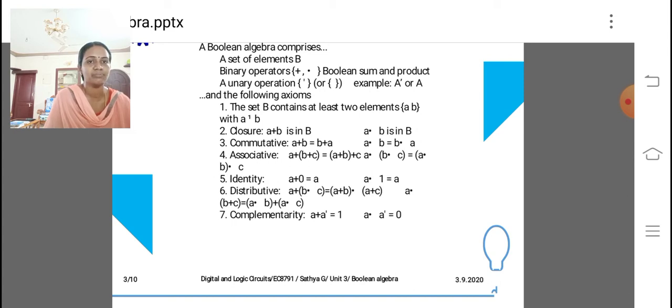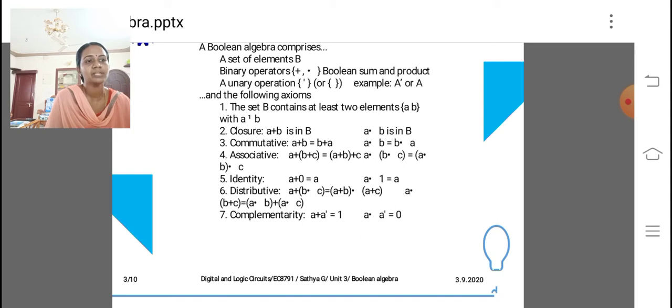That is the associative law. The first operation deals with addition, that is the OR operation, and the second one deals with multiplication. In multiplication also we are grouping; the first case on the left hand side is b dot c and on the right hand side is a dot c, but there is no difference in the answer. That is called the associative law.